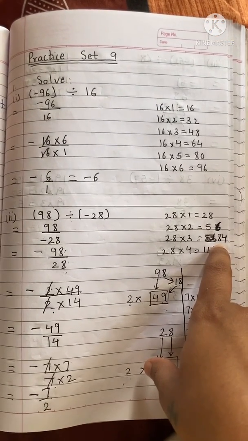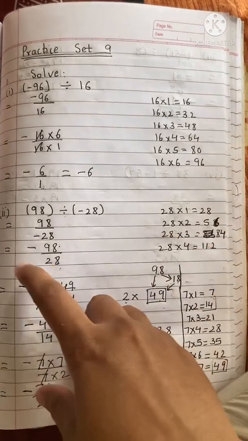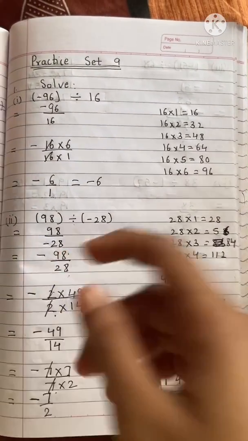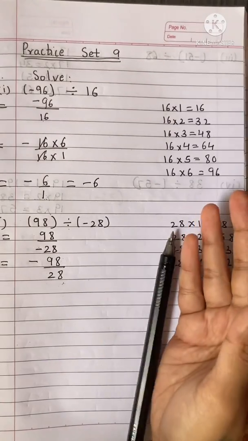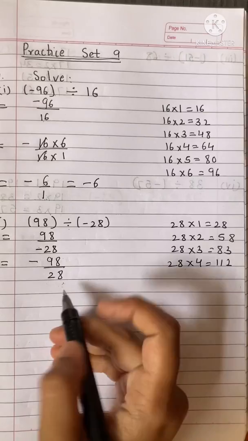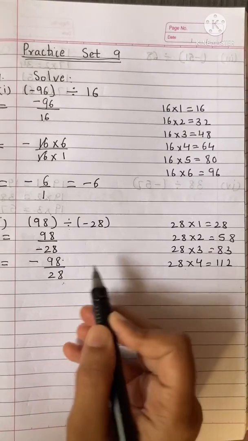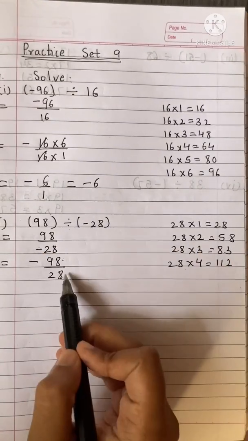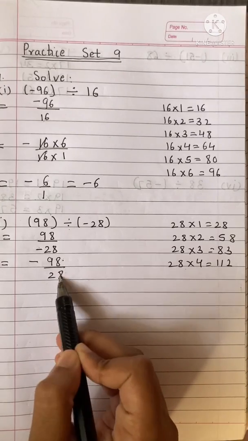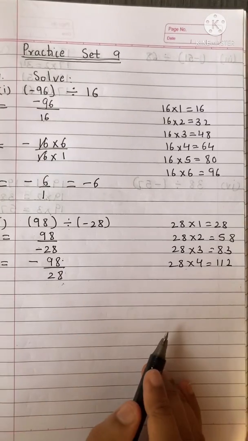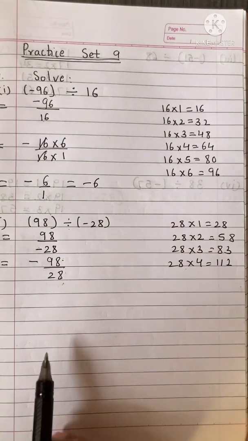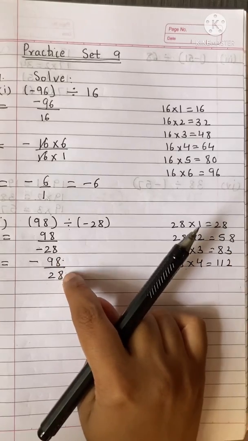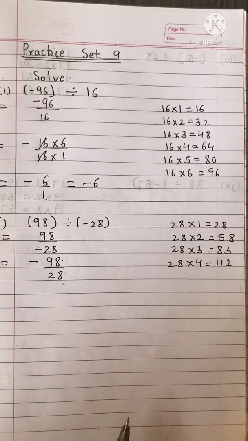So we have to find another table in which we can find 28 as well as 98 both. The best thing to do is look at the last digit. The last digit is 8, and 8 comes in 2's table, right? That means both numbers come in 2's table, and the 2 table is common for both. So let us see how to find that multiplier.